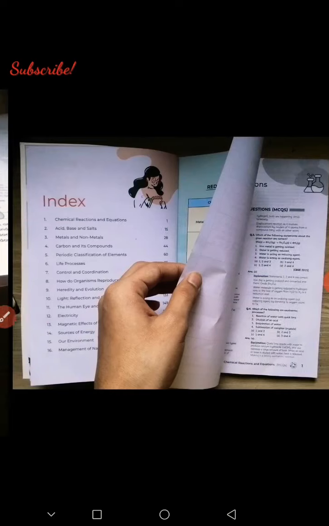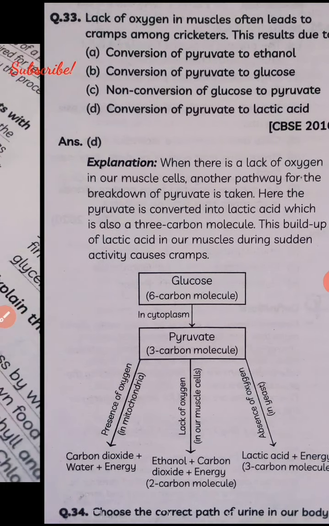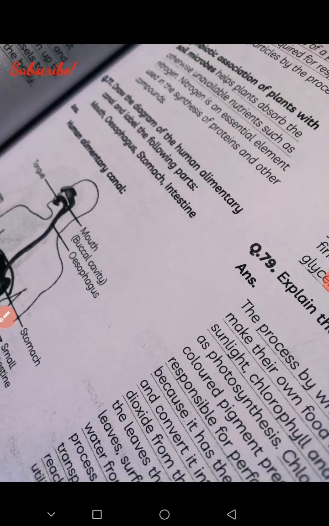Now, let's look at the binding quality of the book. Now, the binding quality of the book is excellent and the pages are not likely to come out after regular use. So I'll rate the binding quality a 5 on 5. Now let's look at the print quality. The print quality of the book is also very good and I'll rate the print quality 5 on 5. As you can see in the image, it's very clear. Now overall build quality of the book is also excellent and for the overall physical properties, I'll give it a 4.5 on 5.